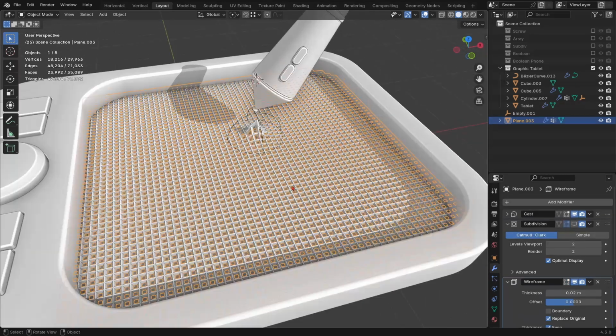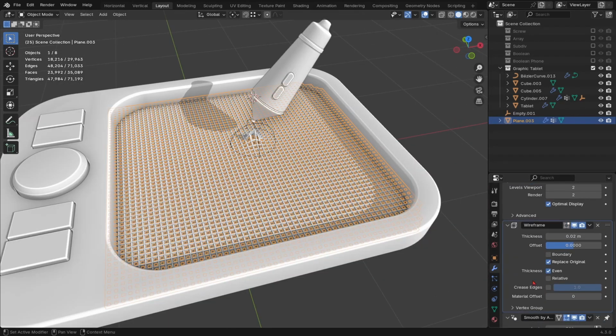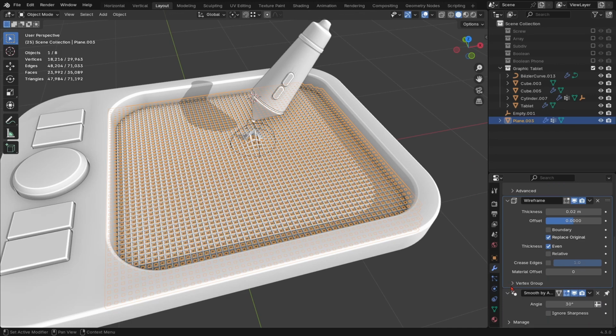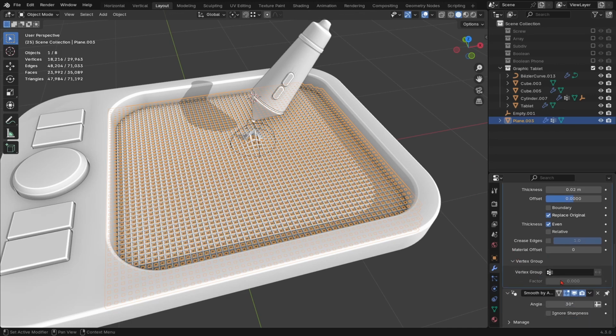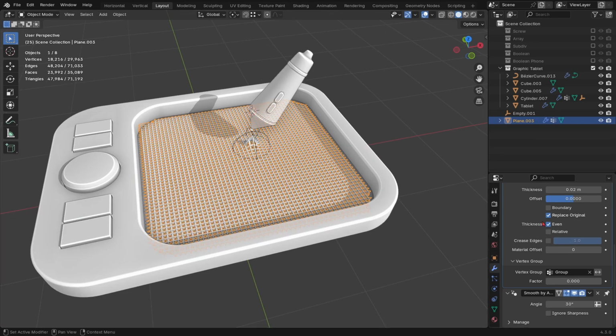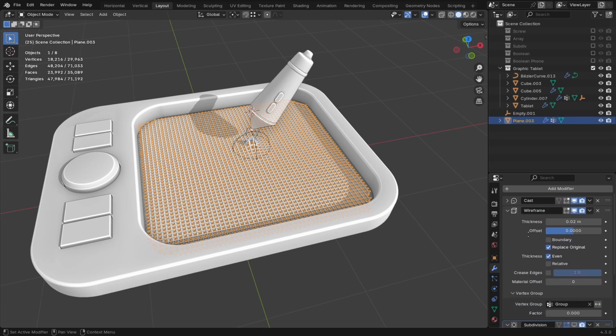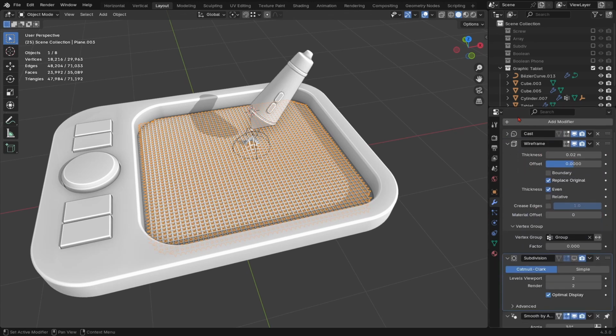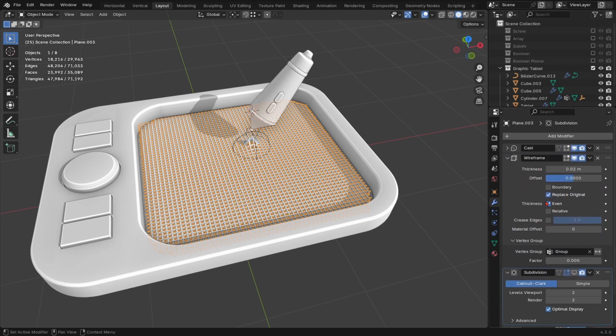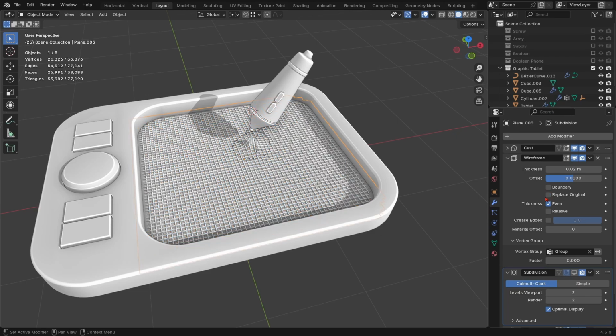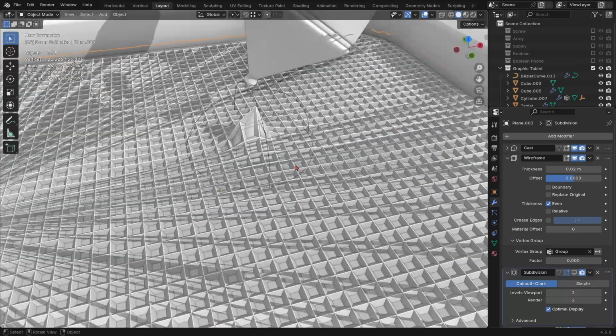So as you can see, if I just open it up, we have something called vertex group, and we can assign the same vertex group, or we can create or generate a new vertex group. You will see that I turned off the subdivision modifier, so let's move it down. Let's create some room, and here I like to play around with some of the settings, like turning on replace original,